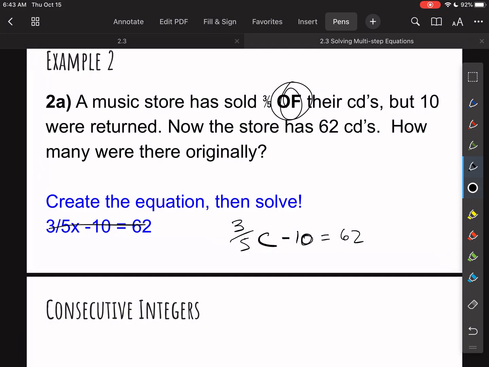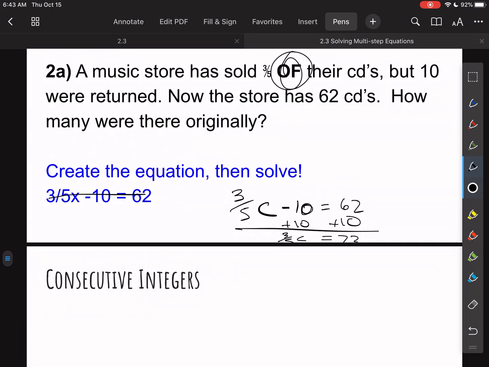So we can first deal with our non-variable term by adding 10 to both sides. Okay, so we get 72 is equal to 3/5 C. Then, it's a good thing that this fraction came up. We're taking a fraction and we're multiplying it by C, so to undo that we have to divide by 3/5. So if we divide both sides by 3/5,